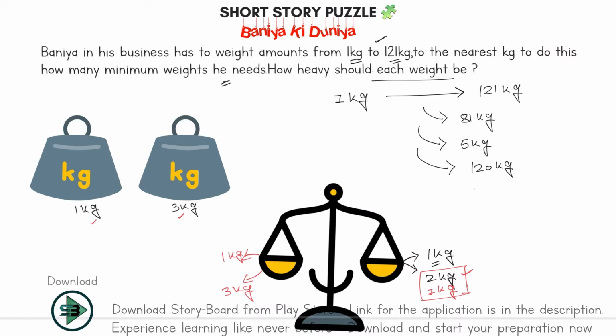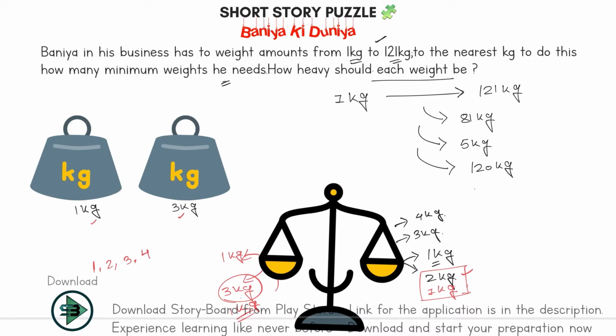Now can you measure 3? So you can measure 1, you can measure 2. Of course you can measure 3. Just keep one 3 kg weight here and keep 3 kg of ingredients here. So you can easily measure 3 kg. Can you measure 4 kg by this? Of course. You keep 3 kg here and you keep 1 kg here. With this 3 kg and 1 kg you can measure 4 kg as well. Okay, so with 2 weights, one of 1 kg and one of 3 kg, I can measure 4 weights: 1, 2, 3 and then 4 kg.